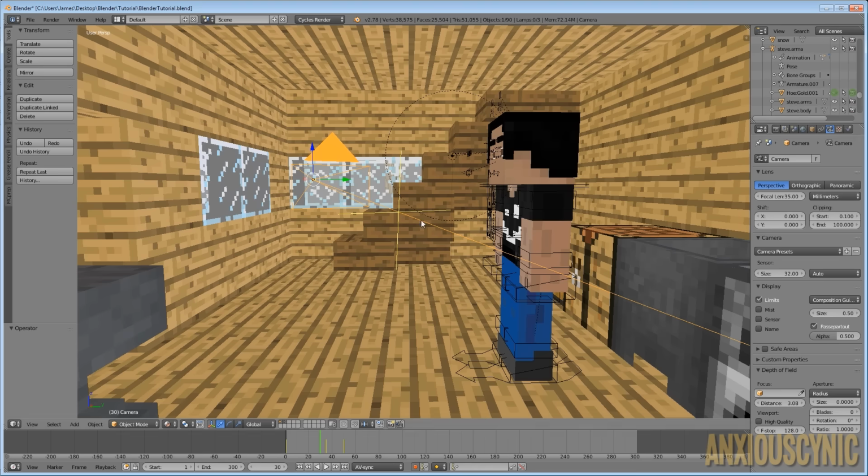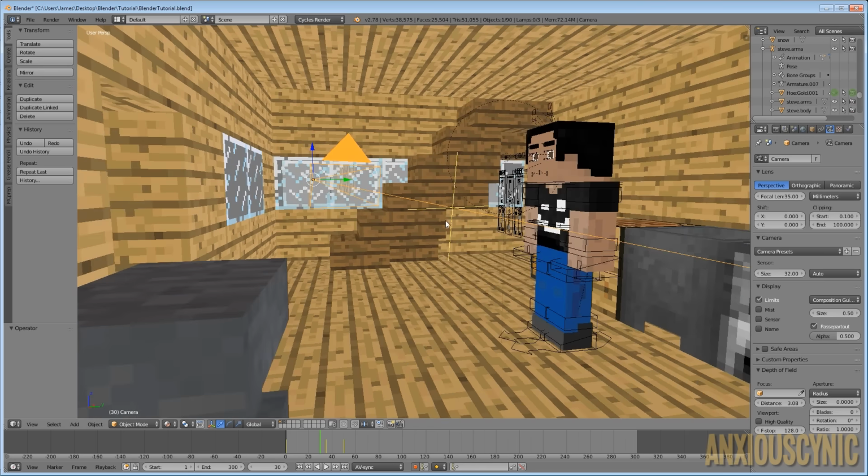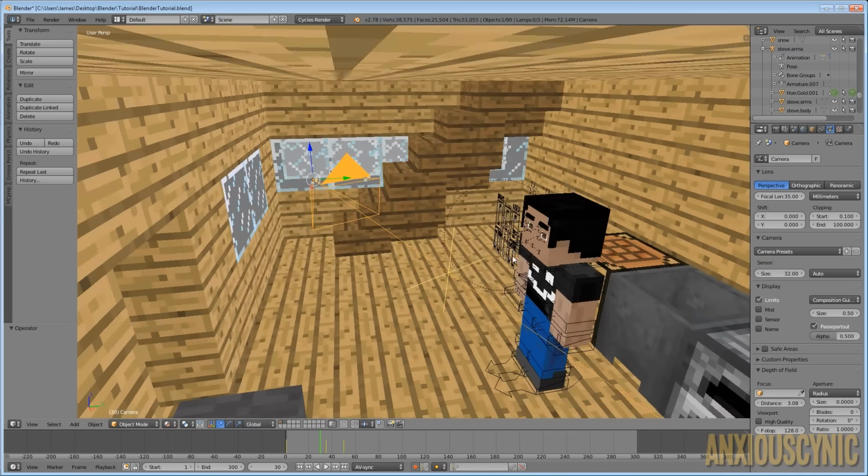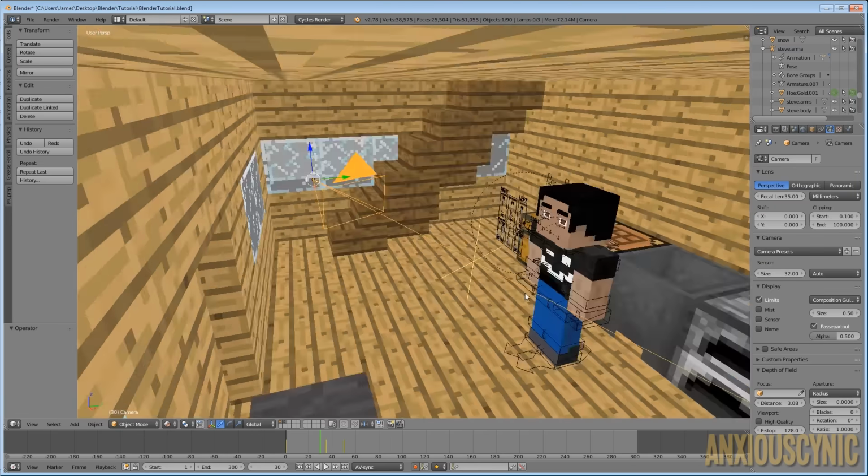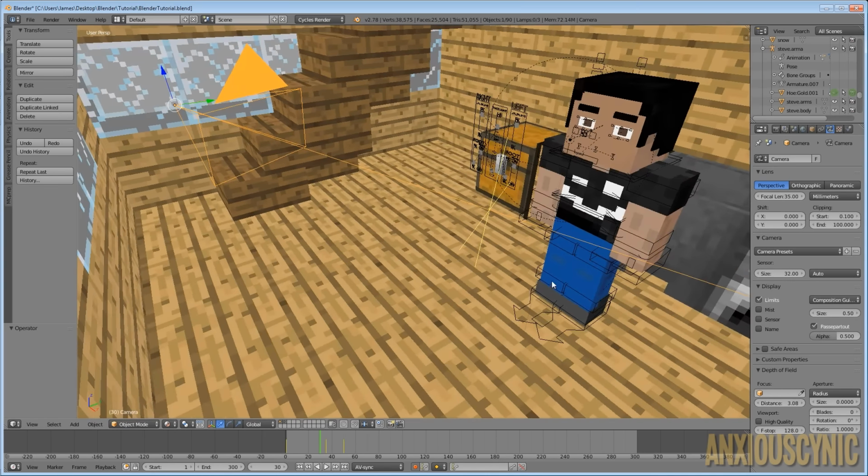So when you have this on, you can see this line here, as well as this cross. This cross here represents the focal point of our camera, the lens, basically. So as you can see, it's kind of hard to maneuver in the small space, but you can see here it's not quite far enough, so we want to bring this distance feature up, and you'll see that it moves, and that is where the focus of the camera is going to be.